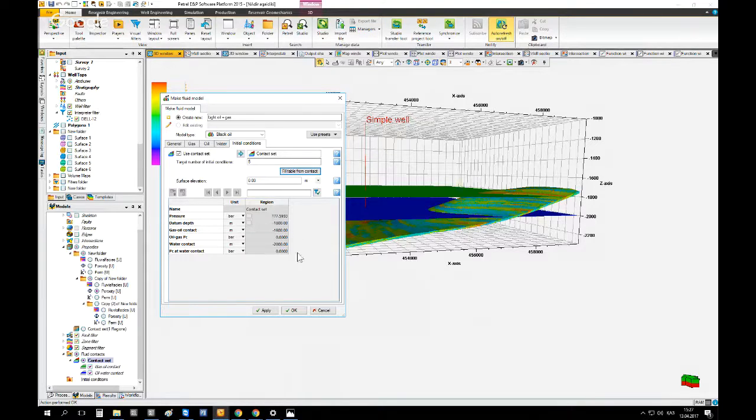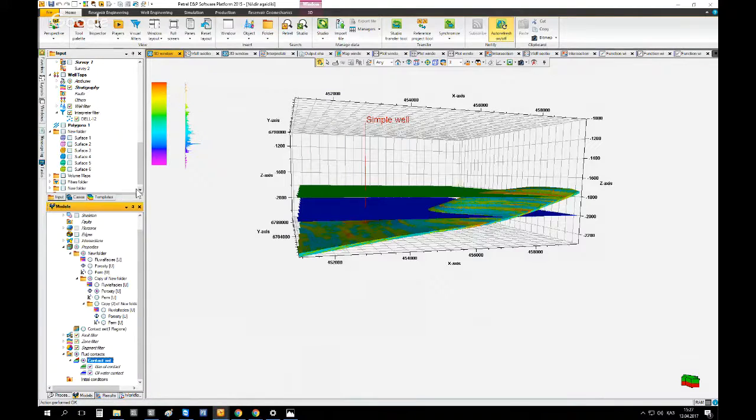So, the oil water contact was defined at a depth of 2,000 meters. So that's it. And now we are okay with this pane, and I can just click OK. Here you see something appears, which is called fluid,